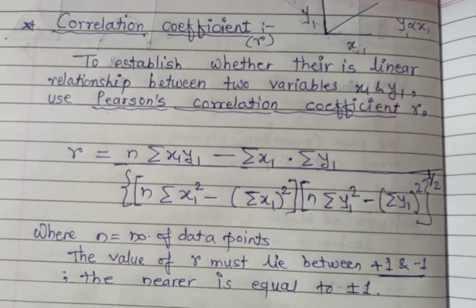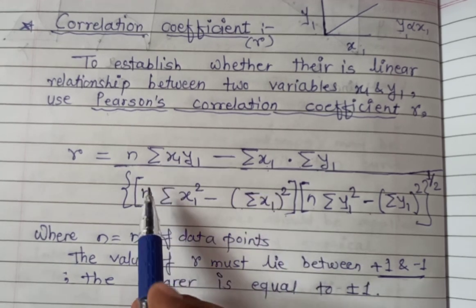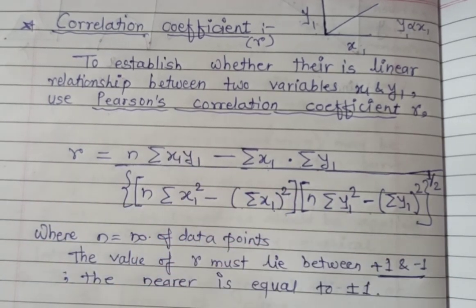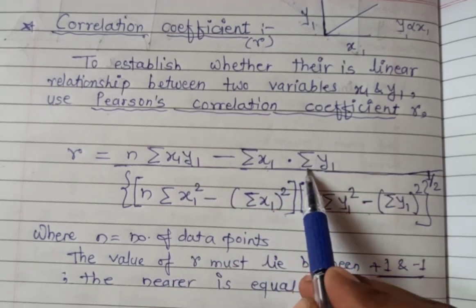Each and every parameter can be found by preparing a table. In our problem, we have two values, x1 and y1. For example, absorbance is the y1 value and the concentration is the x1 value. Obviously, concentrations are in the series 0.1, 0.2, 0.3, 0.4, 0.5. That means x1 has 5 readings and y1 contains 5 results. That means you have to prepare a table with x1 and y1. Then after addition of all readings of x1, you will get summation of x1. After adding all y values, you get summation of y1.